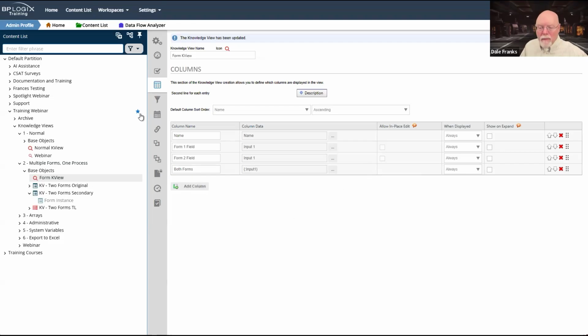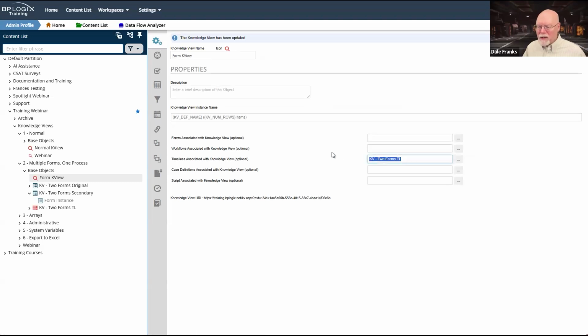So the main thing to remember with a process that uses two different forms is, A, just pull the process, ignore the forms associated with, which is the exact opposite of what you usually do. Set a form associated with and ignore the timelines, because you only need one of these. You don't need both of those set. So depending on what it is you're trying to do, if I have one single form instance that I'm returning, great, then just return the form instance.